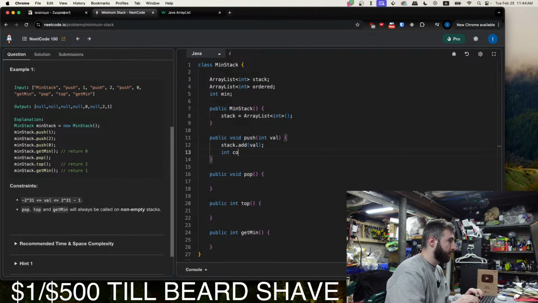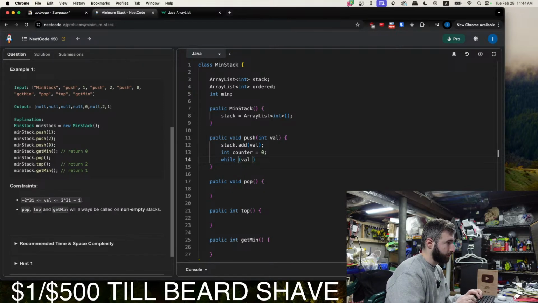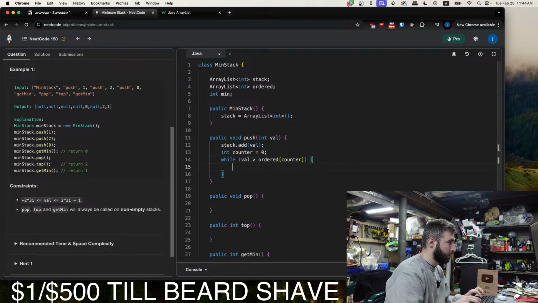So int counter is equal to 0, while val is greater than ordered counter, counter plus plus.